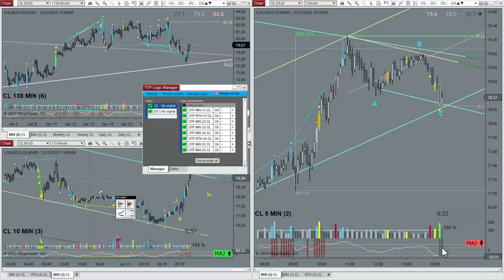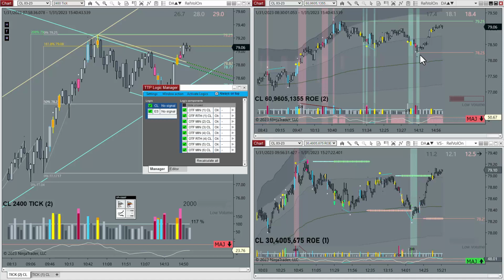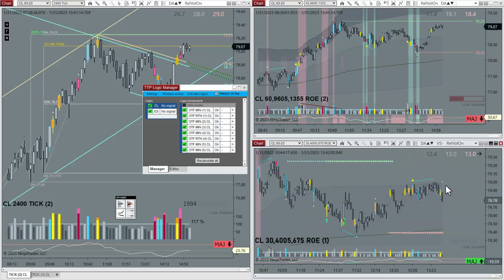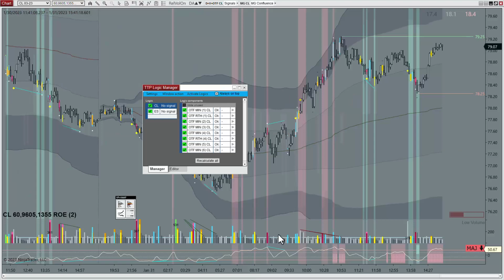So once you have a potential correction on any of the operative time frames, which are all of the minute charts, then you have a subsequent set of conditions that must be met from the volume and momentum divergence from each of the different charts. So say the operative time frame is the 5 minute, then I have to have confirming conditions from the next chart above, which is the 10 minute, all the way down to the 1 minute and the tick charts and the row charts. These two charts are the row bars, which we use to accentuate the volume signals, which they usually do. So you can get these bloodhound stripes here in the top panel